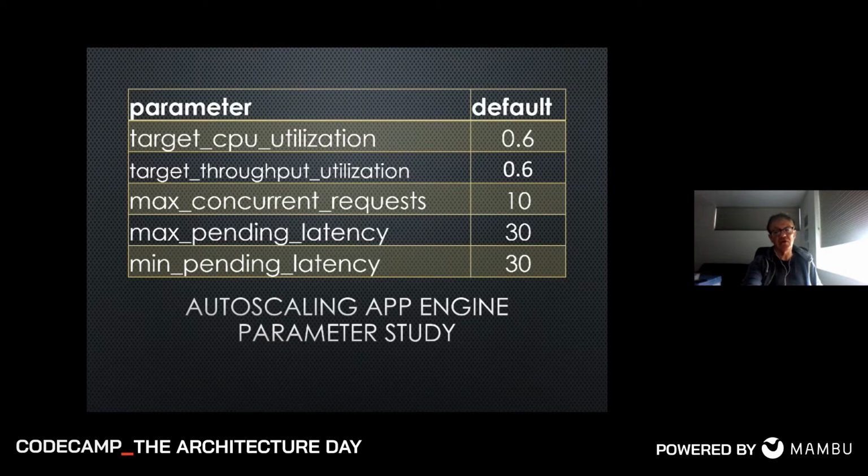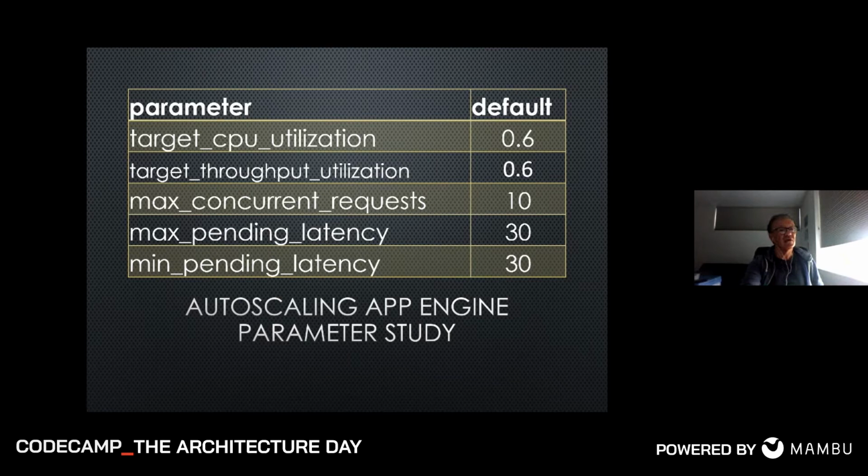So when you deploy on Google App Engine, it will auto-scale your code. So it will add more resources. By default, if the CPU usage of a deployed instance goes above 0.6, it will also only allow up to 10 concurrent requests in any particular instance. And this can actually be controlled by this value, the target throughput utilization, which is actually this value here is a percentage of this value. See, it's getting complicated. These are all totally interdependent.